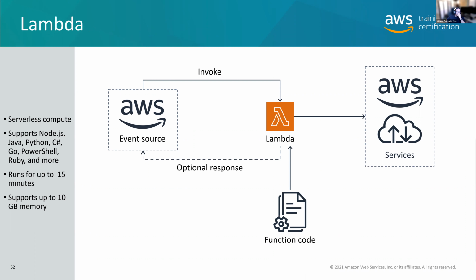Now it runs for a maximum of 15 minutes, and there are t-shirt sizes for how big the process can be. But when you upload your code, you, for example, could ask for 2 processors and 10 gigs of RAM, right? Now, they're linked, by the way. So the more you go up in memory, then the processing power goes up. So they don't let you just randomly put your random processor size and your random memory size together. You have to use their t-shirt sizes. But just know that once this is invoked, it'll run for up to 15 minutes and then it'll stop.